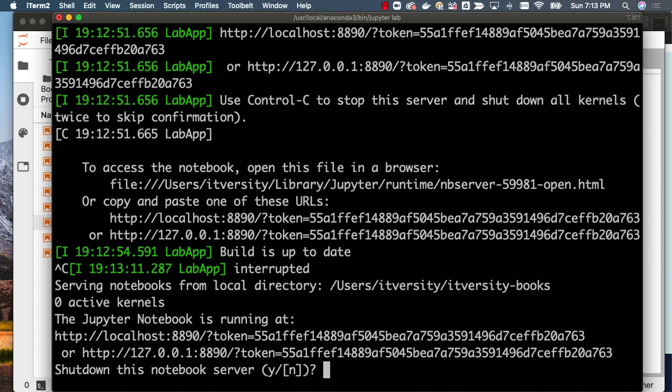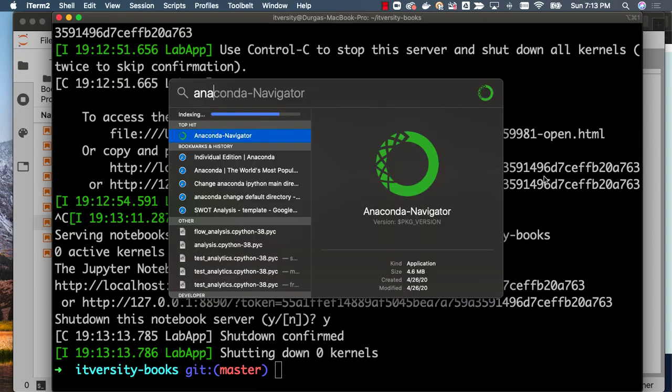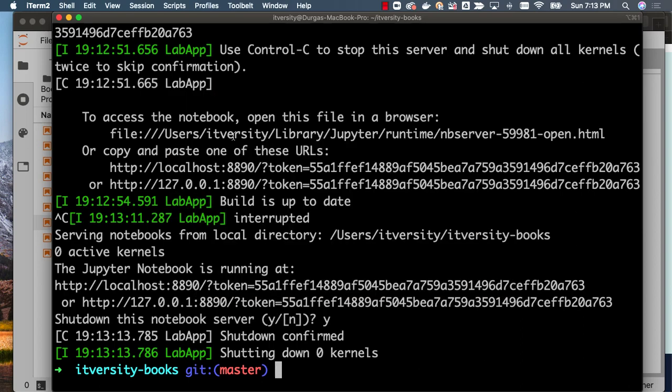And also Anaconda comes with something called Anaconda Navigator. Earlier it was still indexing, that's why it didn't show up, but now I think the indexing is able to find this file, and hence I'm able to see the Anaconda Navigator. So you can launch the Anaconda Navigator from here. It is being launched. It is coming up as part of my dock. Once it comes up, I will bring this onto the screen and then I will take it further.